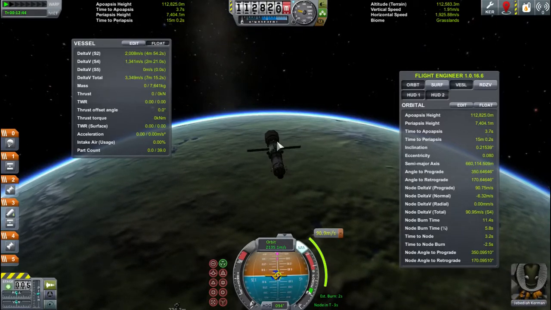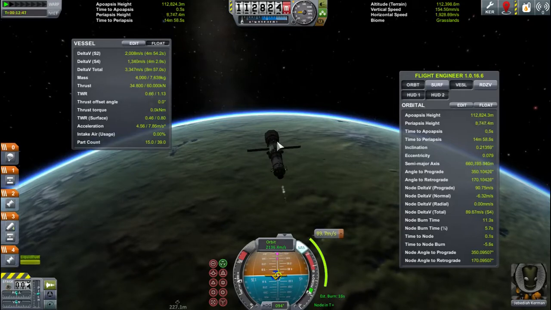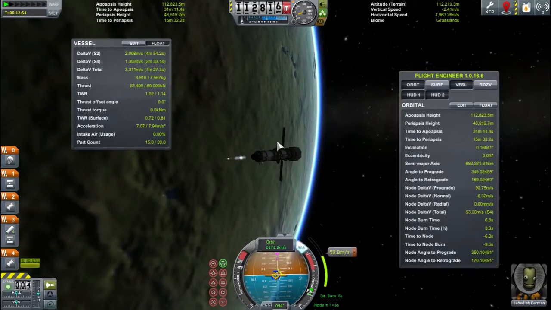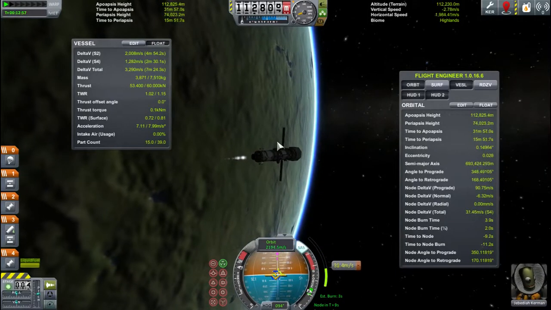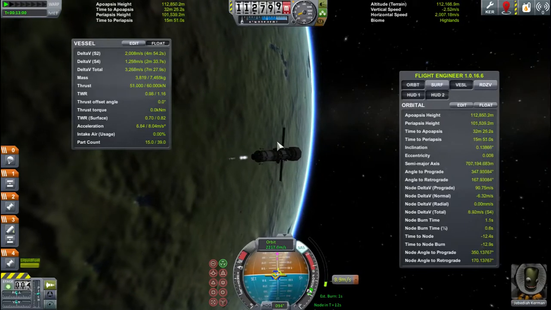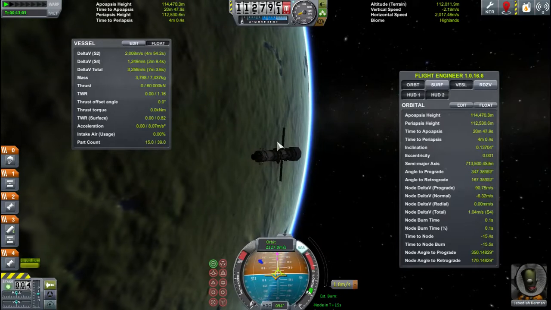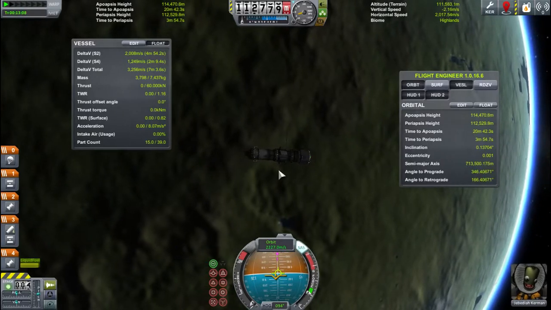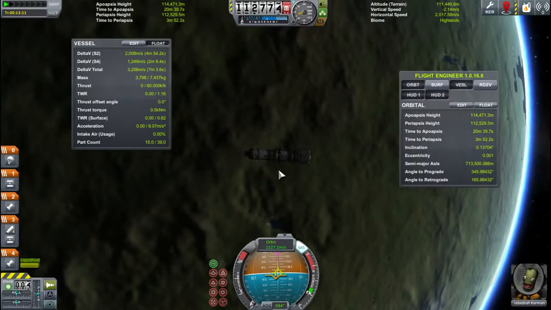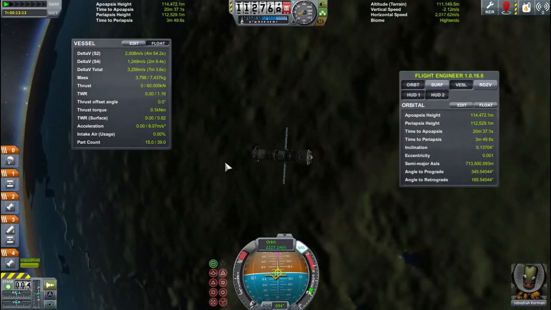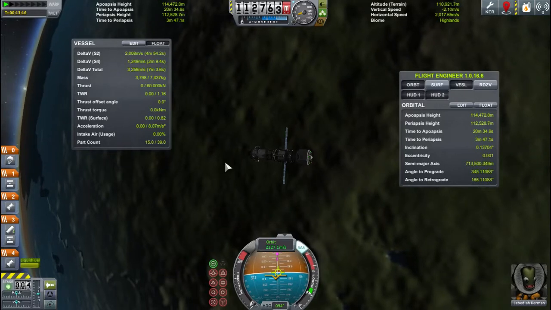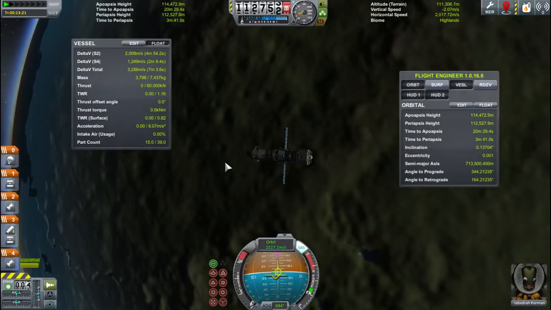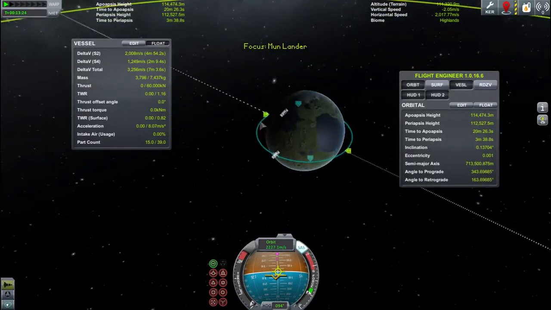And we should be... In fact, this is such a low burn, I'm going to start burning now. Well, there we go. So much for that. That's one of the things you have to watch out for with staging. But we have plenty of delta V with which to get to the moon, and it is probably now a good idea to quick save. So if you hit F5, you'll create a checkpoint that whenever you hit F9, if you screw things up, you can come back and